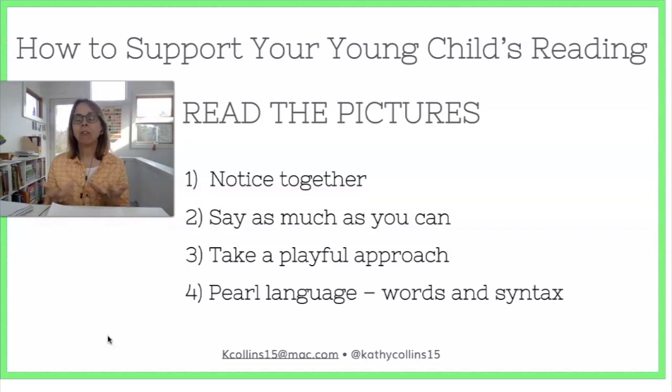We want to take a playful approach, and I could have said a warm approach. This isn't meant to be some kind of low-key assessment where we say to our child, what are 3 things we see on this page? Or what are 3 things that start with J that we see on this page? We're not trying to make this stressful and test-like. So just keep your natural disposition and interaction with the child. Maybe it's unnecessary to say, but there it is. And then the fourth one is purling language with a child,